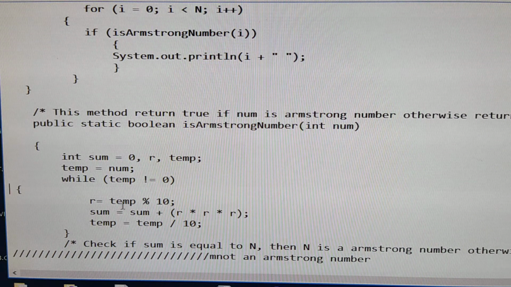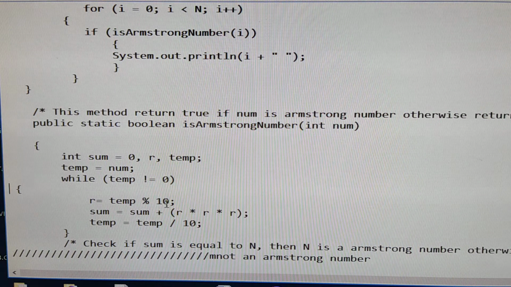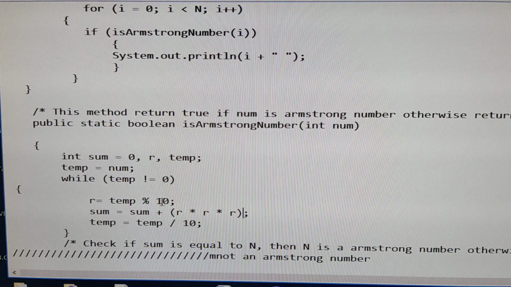Next, temp percent 10. Here temp, the number, percent 10 means we are calculating the remainder, and then we are finding the cube of the remainder. See, for example, if I have given 153, first we are calculating the remainder, that is r. For 153 the remainder is 3, cube.